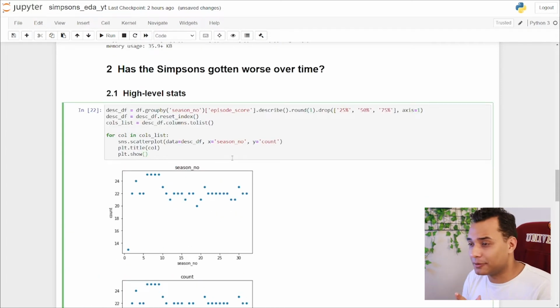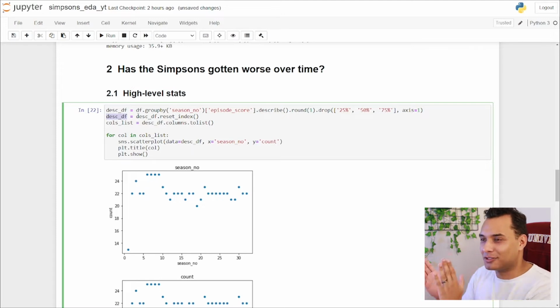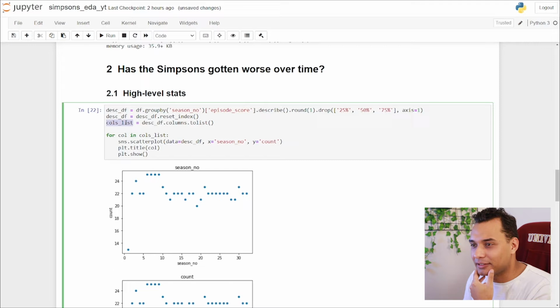Okay, cool. So this is really interesting. First, we assigned that thing we did earlier into an object called description data frame. Then we took our description data frame and reset the index because the season number was the index column, and that isn't necessarily the easiest thing to call. So we reset the index and that gave it a new index and shifted season number to its own column. And then we converted the columns into a list, so we can cycle and iterate through it